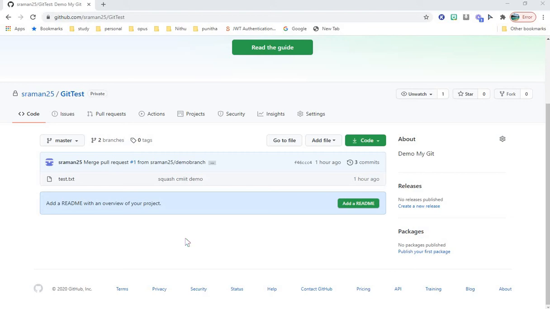Hi, today I'm planning to show you what squashing is in Git. Squashing is nothing but, let's say I'm working in a branch, and I'm making some changes on a file, a couple of files, and I committed it. Before merging, like raising a pull request to merge the changes from my branch to the master branch,